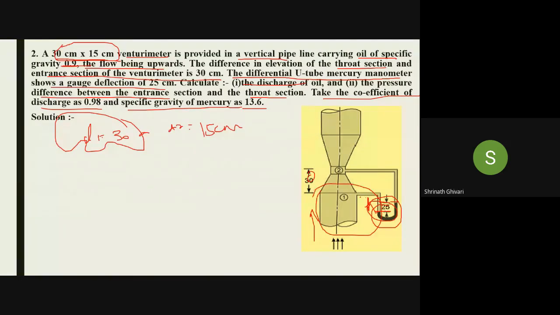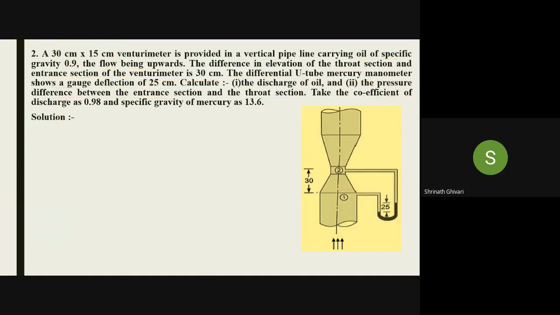I've told you we are measuring the pressure difference between the diameter of the pipe at the inlet of the venturimeter and the throat. So 30 centimeter is the diameter of the pipe, and 15 centimeter is the diameter of the throat. We connect the convergent part at the inlet of the pipe. So this one is the inlet, and two is the throat. Inlet of the pipe to the venturimeter. Okay, now